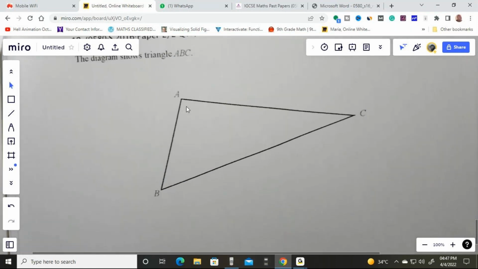If I just try to draw a circle having radius 3 and select the center, either point A or point C, for example, if I pick up A as my center and draw a circle of radius 3 centimeter,